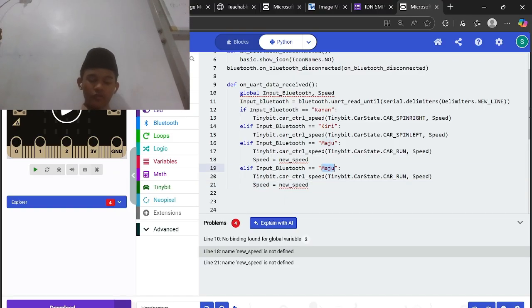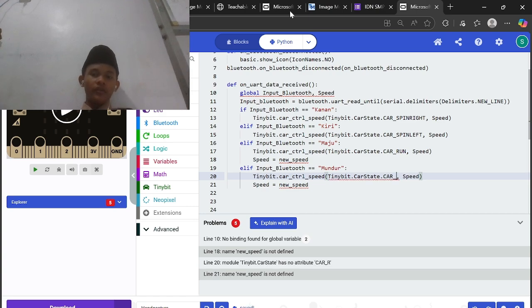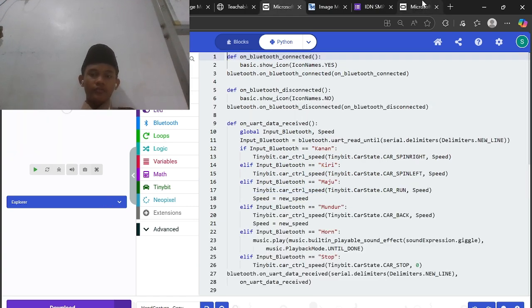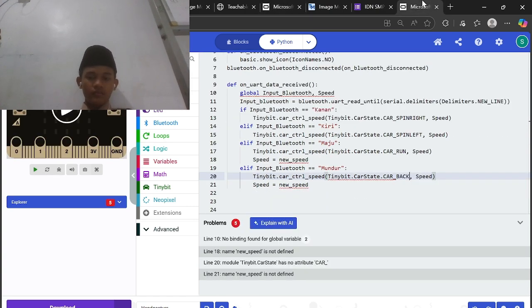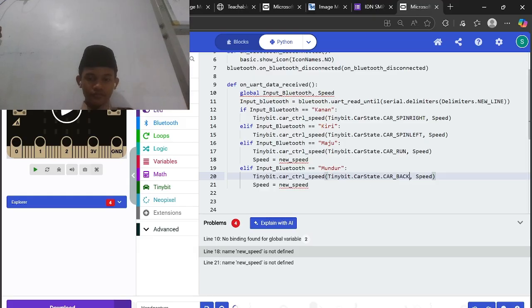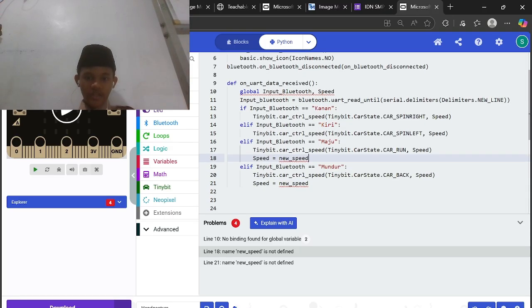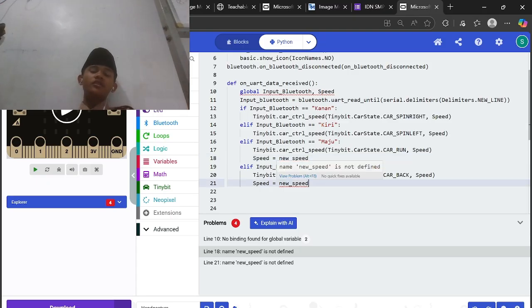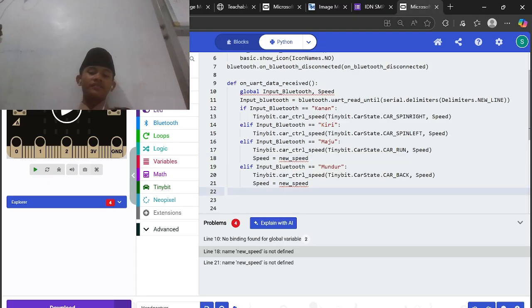Now the fourth one is mundur or backward. You can just change this from run to back. Okay, now like this. Because here we have not made a variable, so still error again.